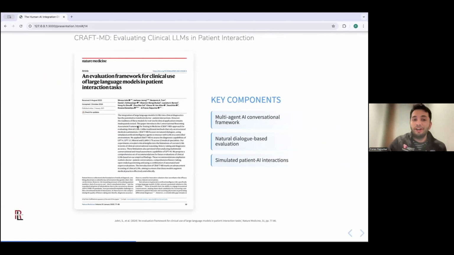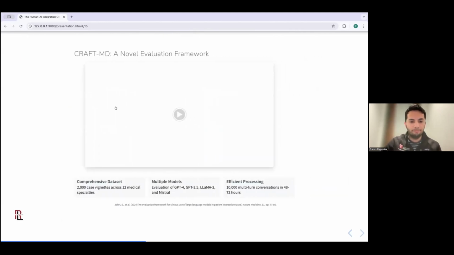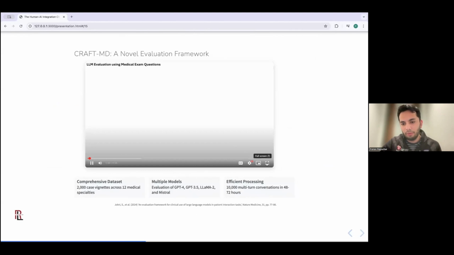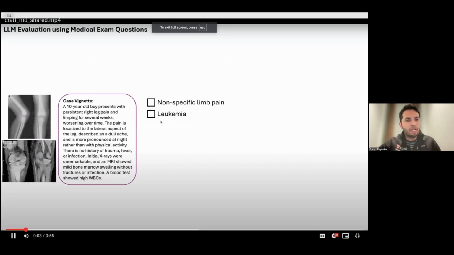Okay, so I want to share an example of the first of these models in which we have the sequence such that the AI is responsible for the first step and the physician for the second. This is work that was published last month from our group in Nature Medicine, where we propose a way of evaluating large language models in interacting with patients. And so what's the key idea? The key idea I want to narrate over this video.